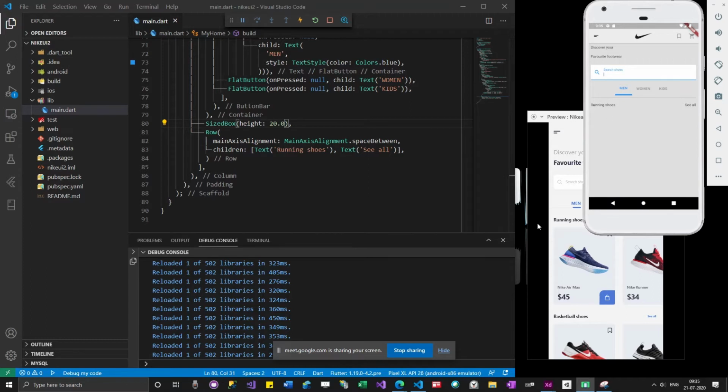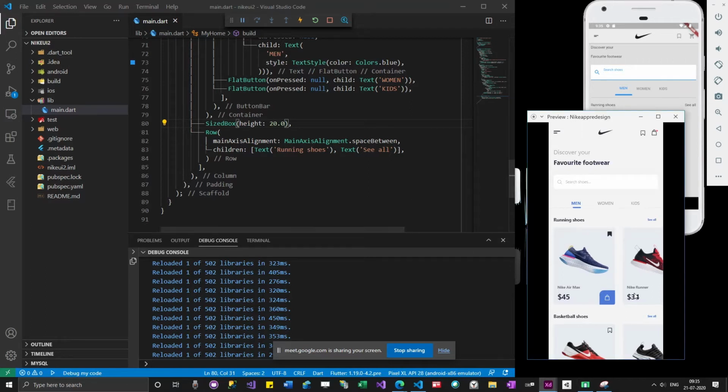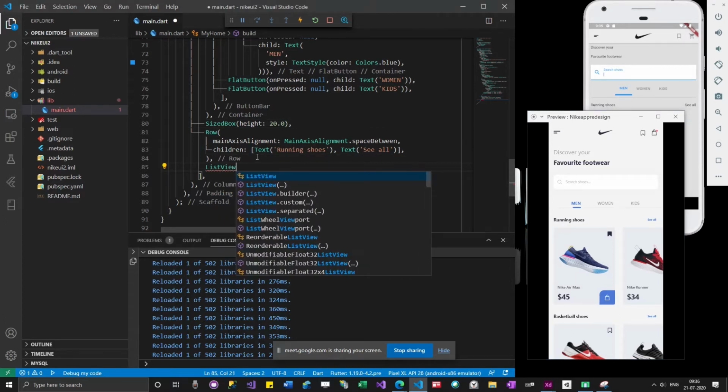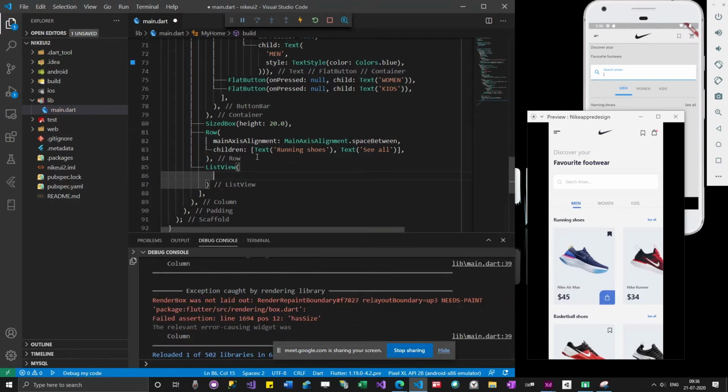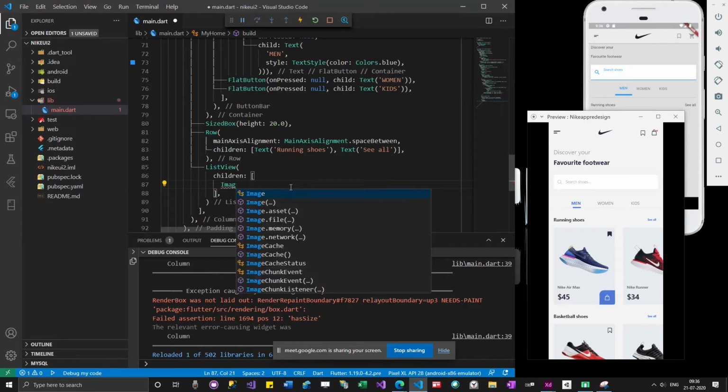So now I need to add a list view. As I said, I need to add a list view that moves horizontally. So list view takes children of items. Okay. So this one has got some images, right? So let me add some images first. Okay, image of